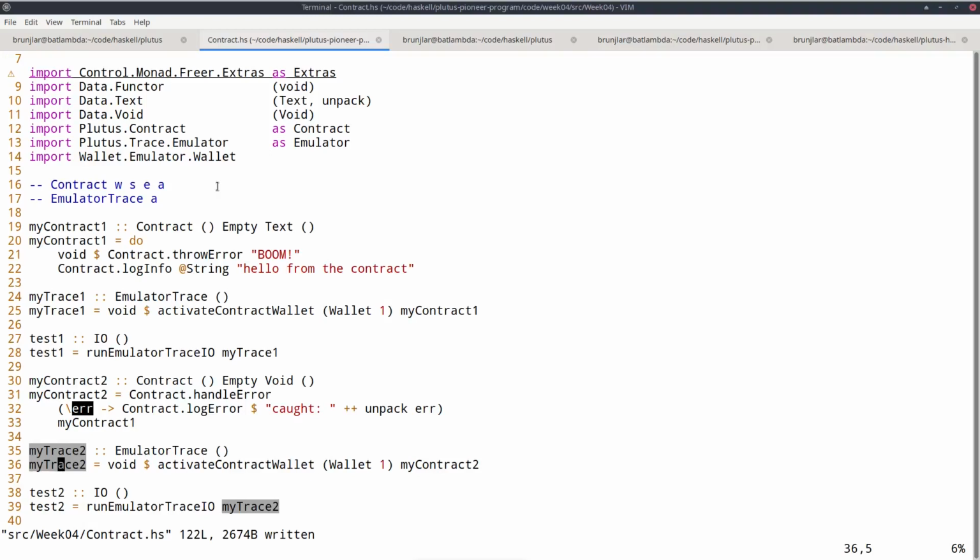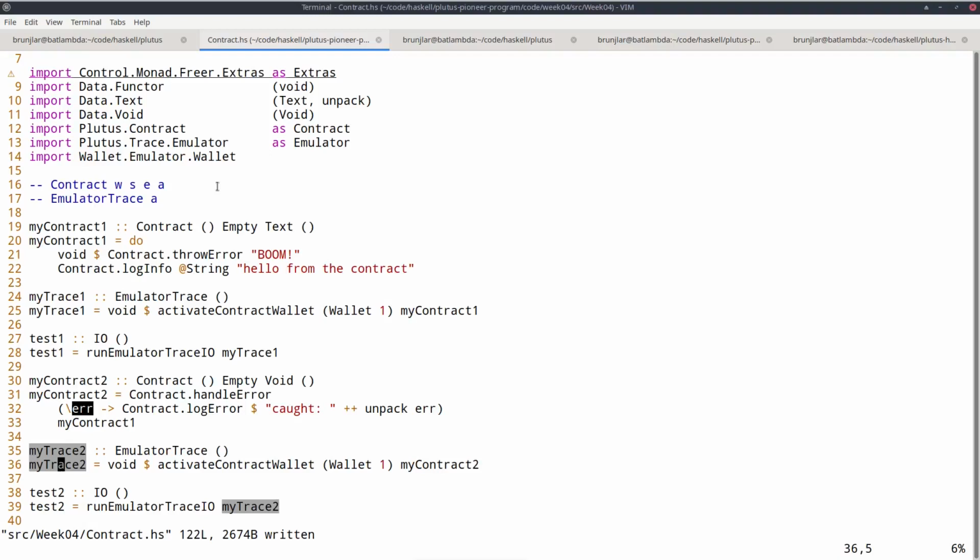One other thing I should mention in the context of exceptions is that there are other ways in which they can arise, not just by being explicitly thrown with throwError. There are certain operations that you can do related to the blockchain that can result in exceptions. Of course, maybe internally in the implementation of those operations, throwError is used, but that's opaque to the user. So for example, if you try to submit a transaction, that can fail and result in an exception. And the reason is that something can be wrong in the way you constructed the transaction.